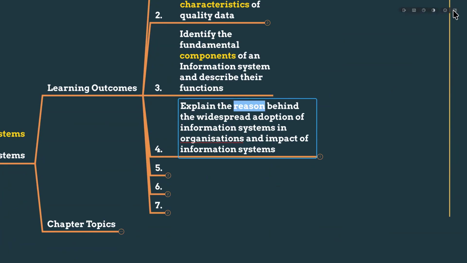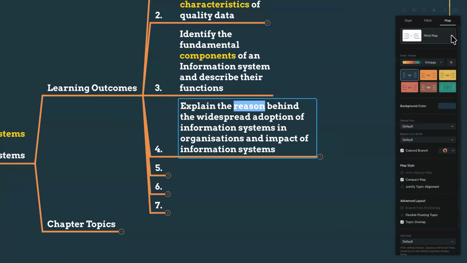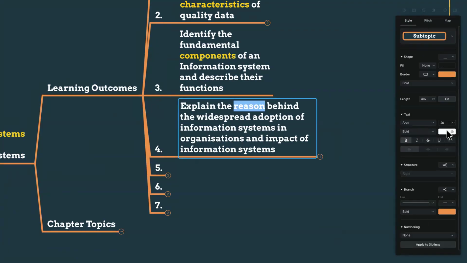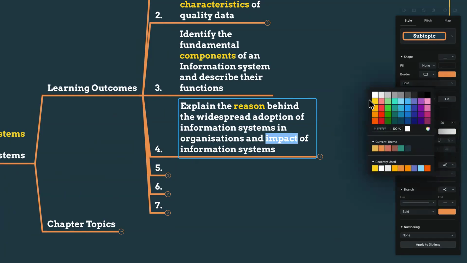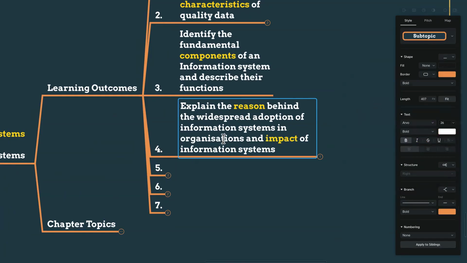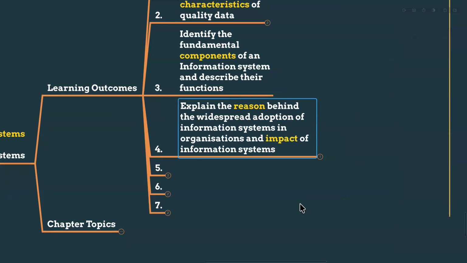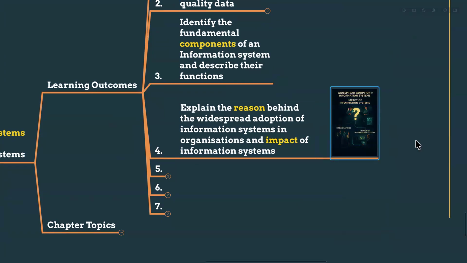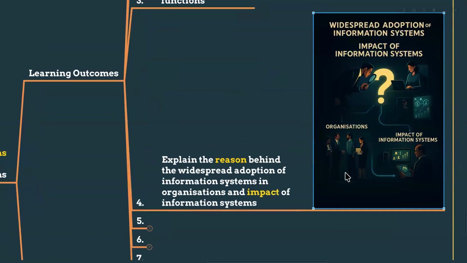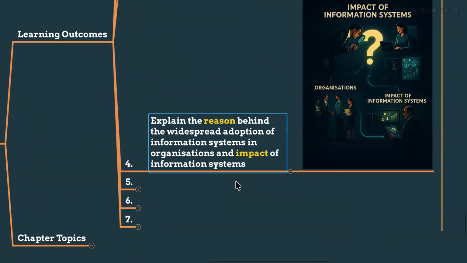So the first thing is why organizations are adopting new modern information systems. You must know the reason as well as what is the impact of these new information systems, what they are creating, right? Because whatever we are doing in life, it should have some impact, right? So there should be some impact. So you will understand what impacts it is having in the organization and why the organizations are choosing